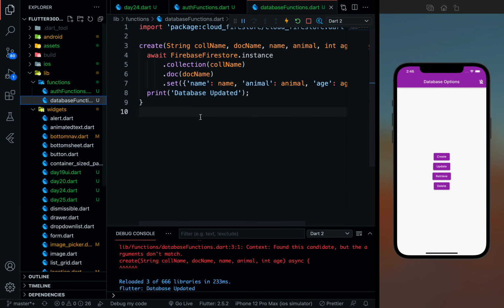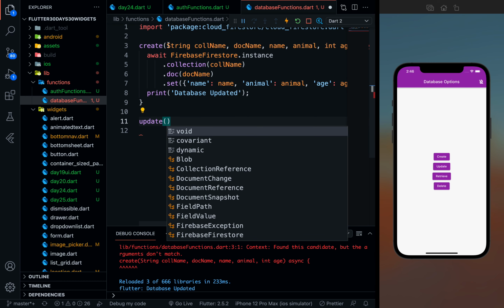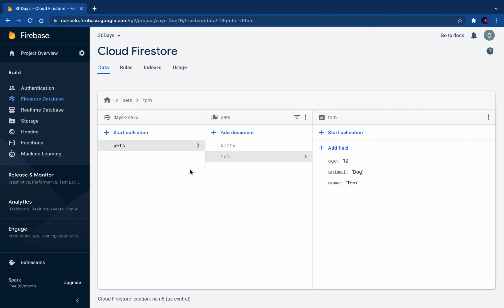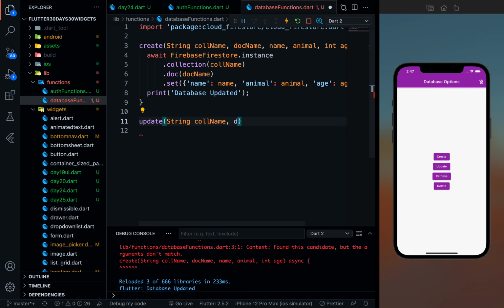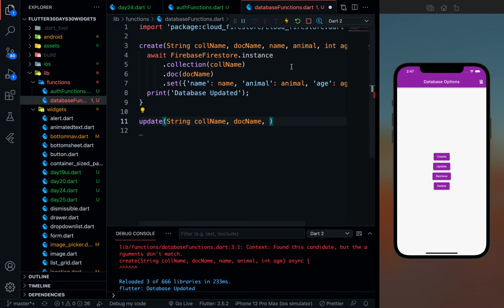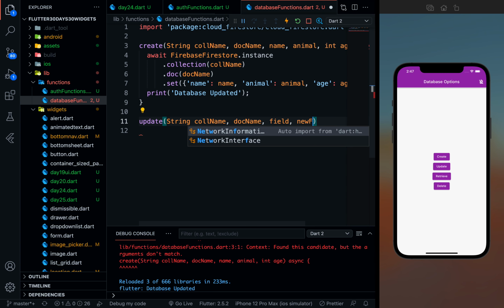So what I can do is in the database functions, I'll write update, and this thing is also going to take the collection name. So let's keep the collection name. I have to tell Firebase to which collection I want to go, to which document I want to go, and which field I want to go, right? So let's do that way. String collection name, then doc name, so inside the doc name I want to go to the field name. So let's say field, and let's say new field value,